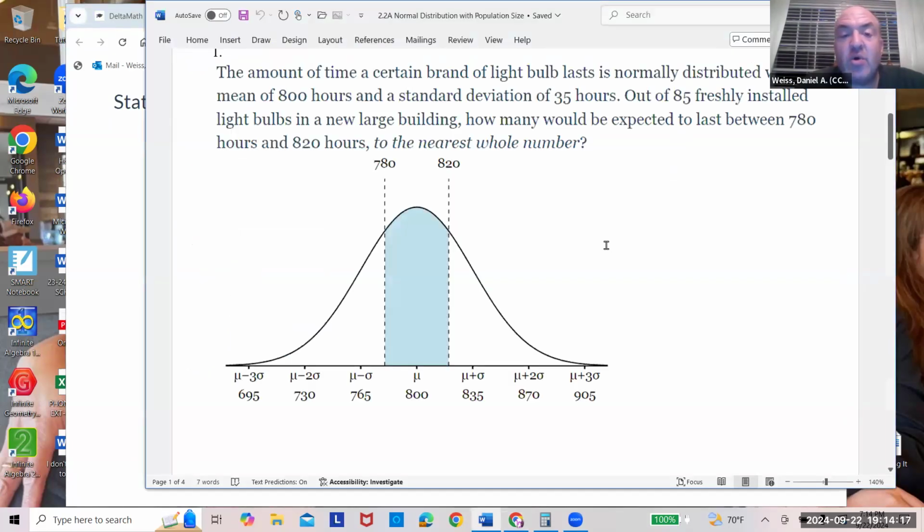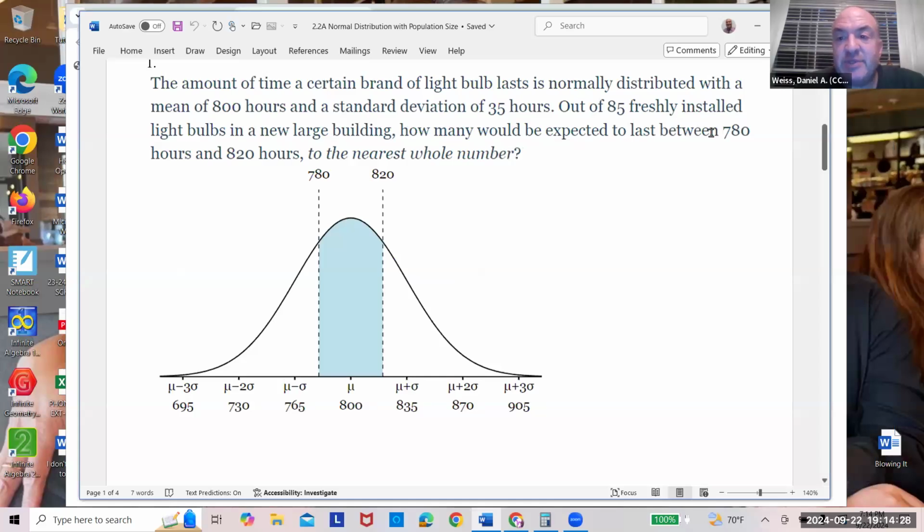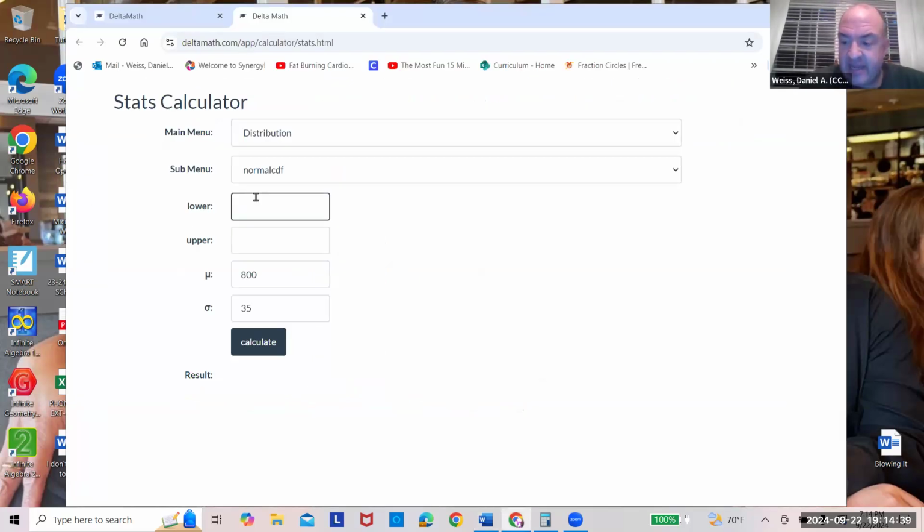Okay. What is the lower number that they're asking about? Okay, they're asking 780. It says, how many would be expected to last between 780 and 820? So the lower number is 780. The upper number is 820. So go ahead and put in 780, and the upper number will be 820. And now you hit calculate. And it gives you this